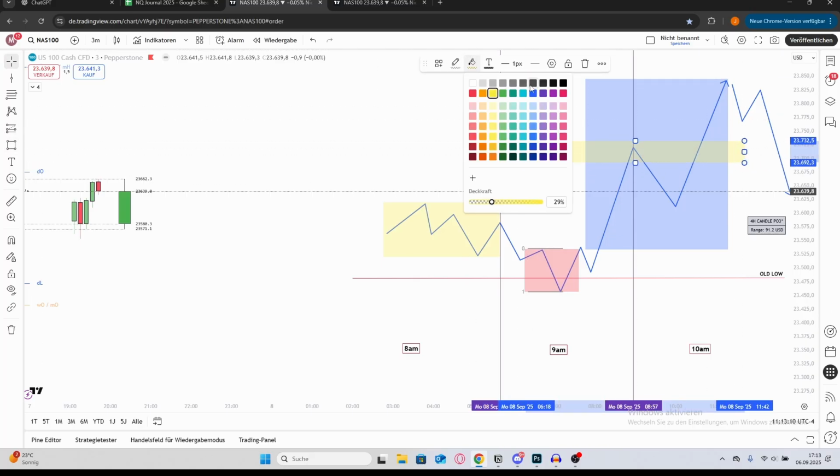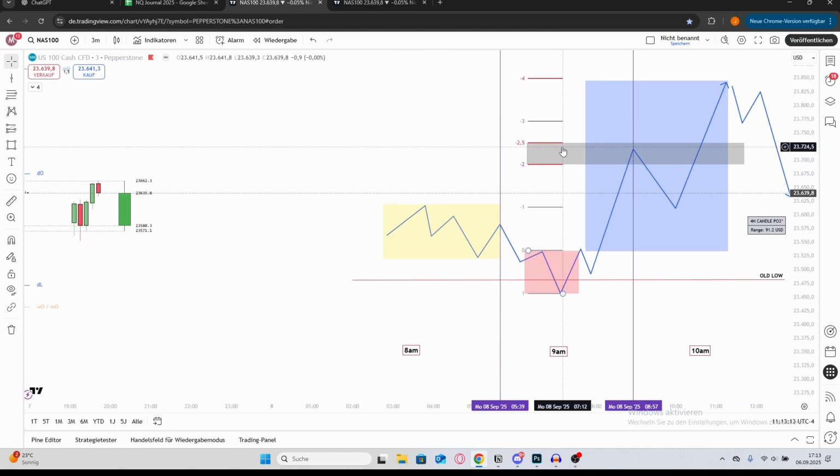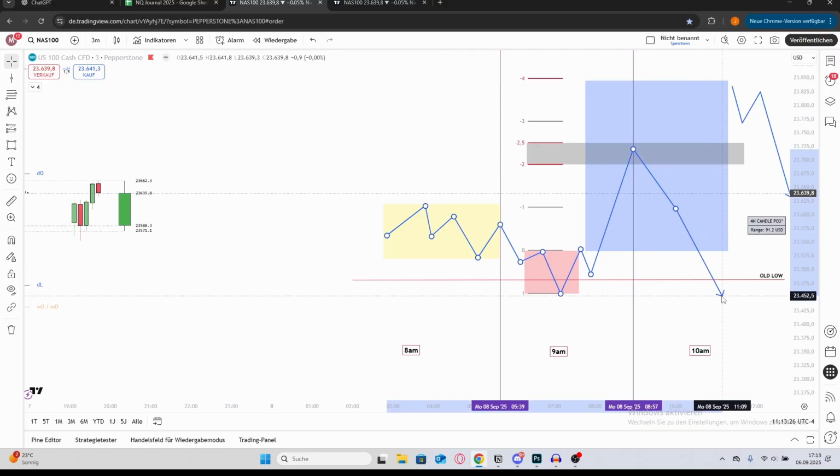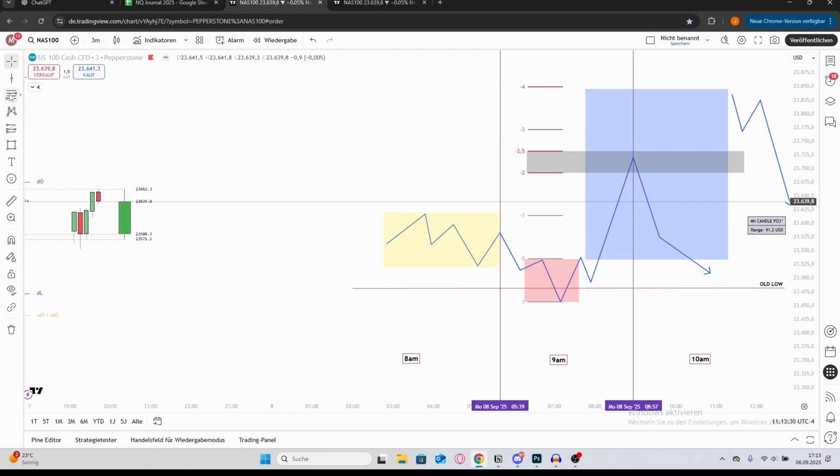And now it gets really interesting, because let's imagine you decided to not take a long here, but price still went up. You can wait for price hitting the -2, -2.5, because your buyers are bearish. You can look for shorts here, and now you can combine this with different elements. So for example, now you can also use premium and discount, and power of 3, and this is exactly how